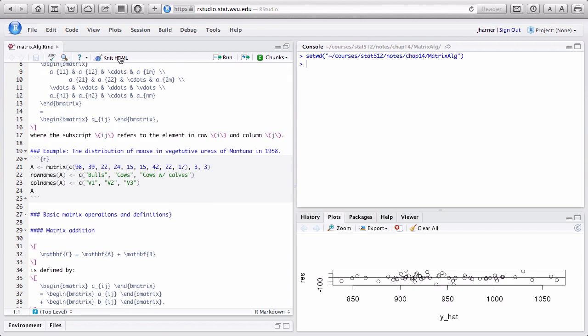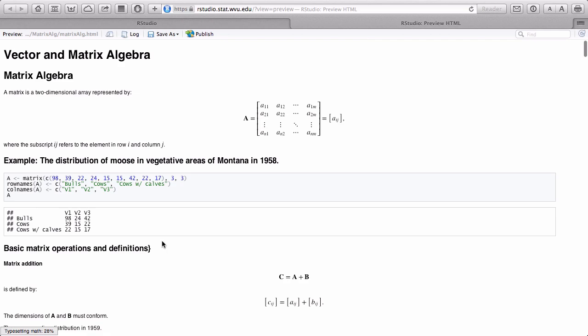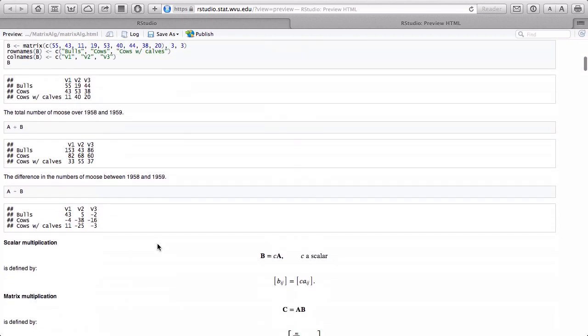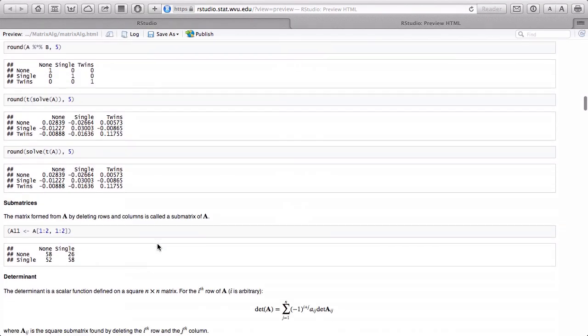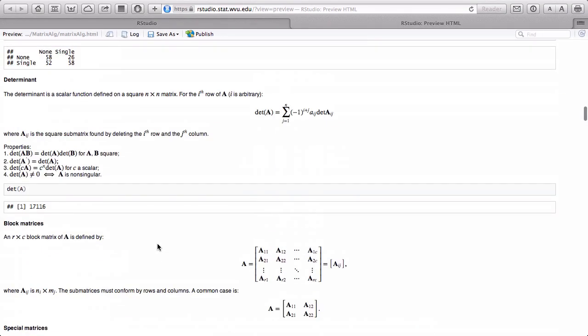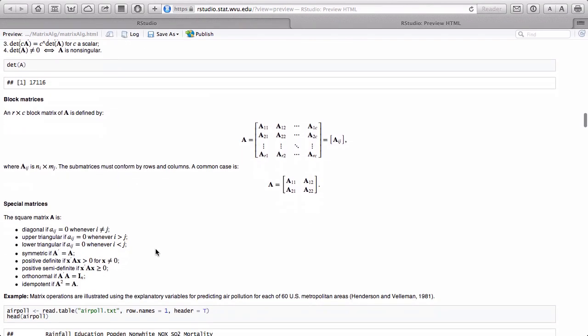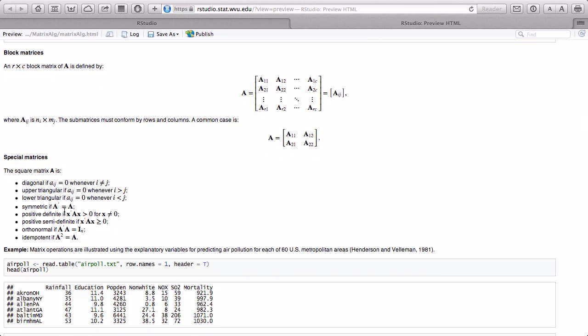What I'm interested in, I added just a little bit to these notes that are not in the notes that you're downloading, but I'll show you what it is. It's just a very few things. Last time we were talking about matrix algebra, and I believe the last thing we actually talked about was